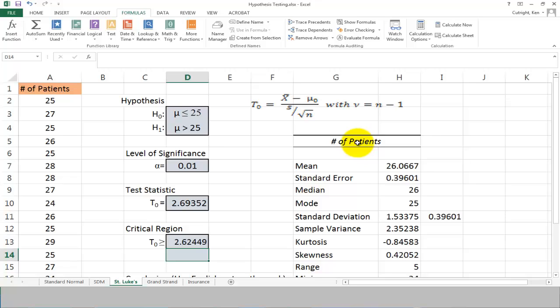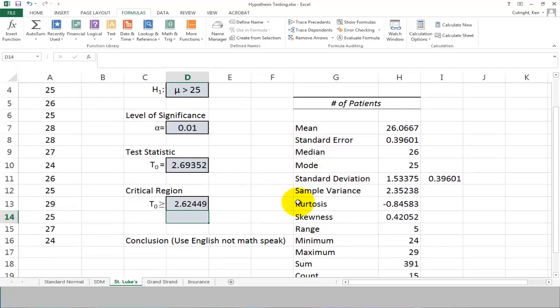Now let me say that again. In order to get that critical region, I use the inverse function. And in the case of the t inverse, it always assumes the left tail. So if you're doing a right tail test and you want, say, a 0.05 in the right tail, you would have 0.95 in the left tail. Okay? Now, the test statistic is 2.69. 2.69 is greater than 2.62. So the test statistic does fall in the critical region. So our conclusion is